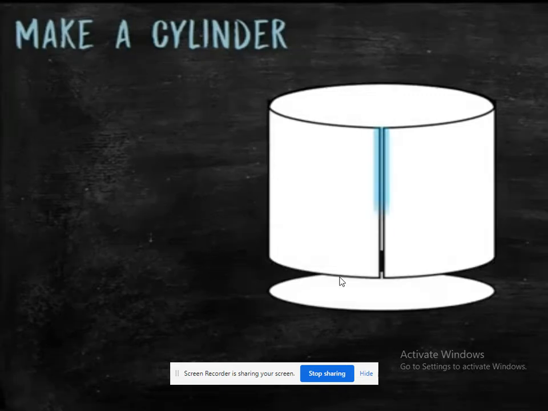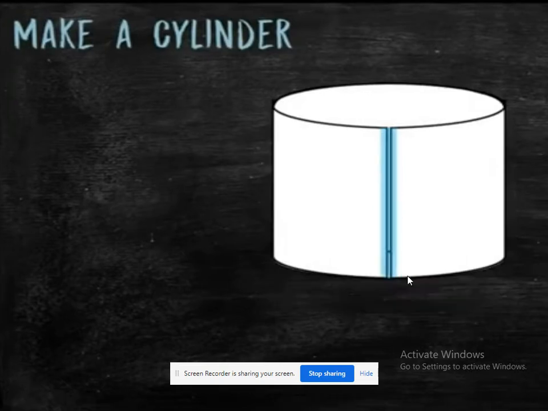So this was the circle of radius 3.5 centimeter. I pasted it at the bottom of the cylinder here. So first fold the rectangle at the two sides and paste the tape here by joining the two ends. After that, paste this circle at the bottom of the cylinder. So you will get it like this. So here we have formed a cylinder. Now let us form a cone.